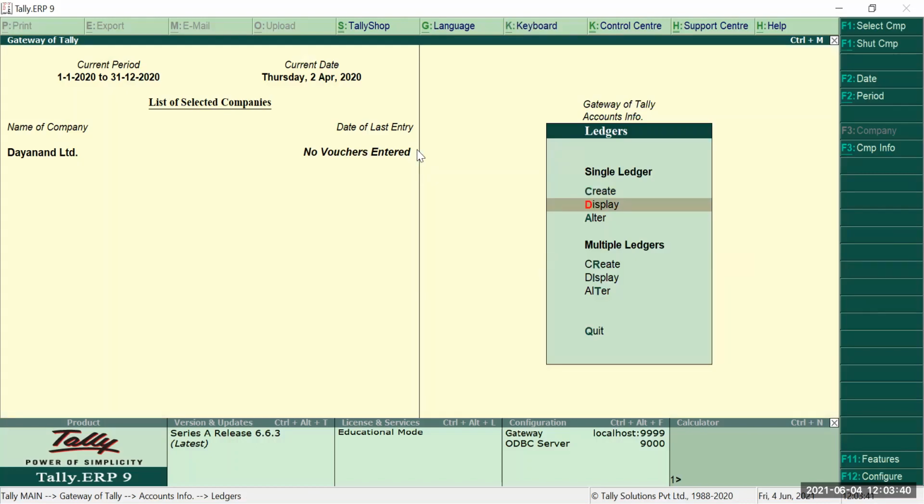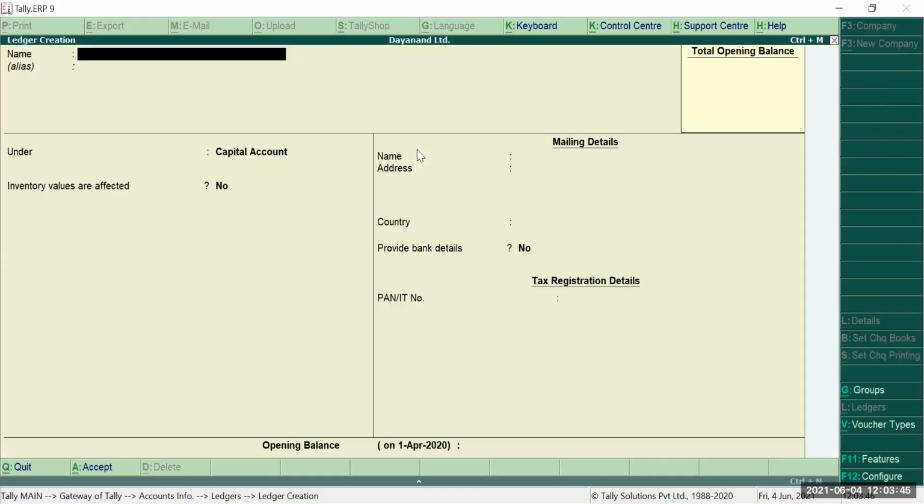Now for creating a ledger I will be selecting the C button. Okay, now I will be putting the name of the ledger which I need to create. Suppose my first transaction is that my company started. Okay, now I have contributed capital. I have contributed capital of 5 lakh rupees. Okay, so I will be creating a capital account, a capital ledger. The name of my ledger is capital